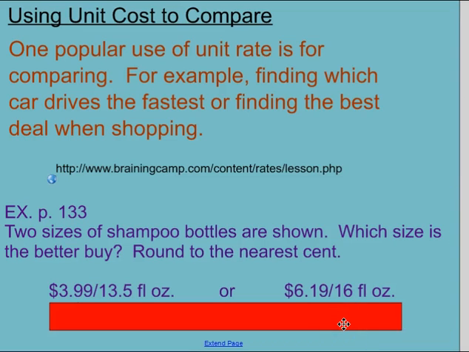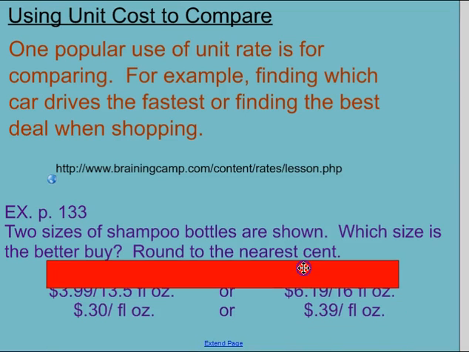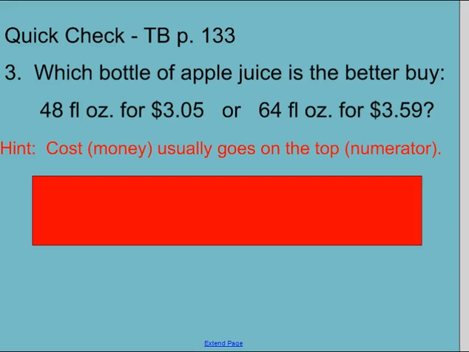Okay, you should have gotten your answer. You should see that the 13.5 ounce bottle is actually a better deal. It's only 30 cents per ounce, where the 16 ounce bottle is 39 cents an ounce. Okay, let's do quick check on page 133. Number 3. Which bottle of apple juice is the better buy? 48 ounces for $3.05 or 64